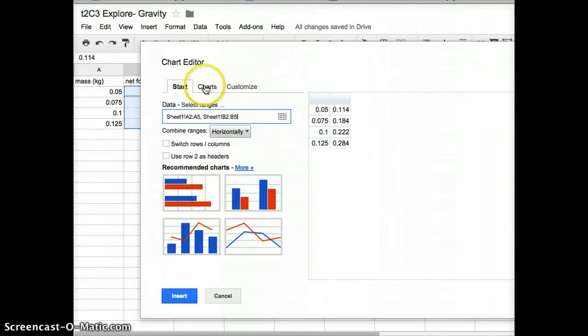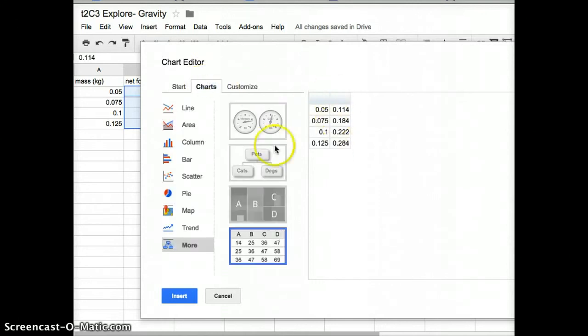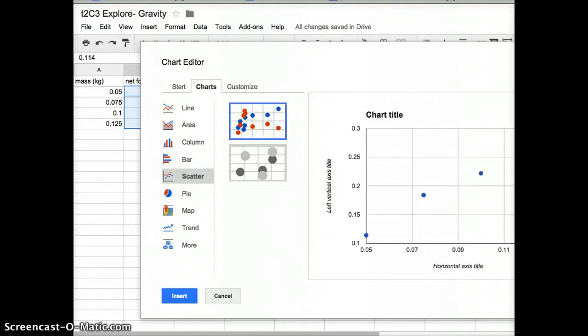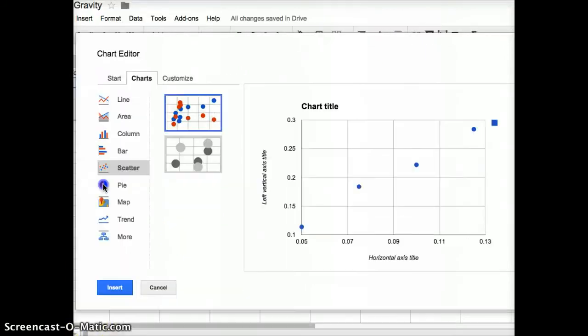And now I'm going to want to choose the type of chart. It has my columns. I'm going to choose a scatter plot and double click here on the dots. Now, over on the right, it's come up with my chart. Now I'm going to customize it. So I'm going to name my chart. I'm going to label the X and Y axis. So I click on Customize,